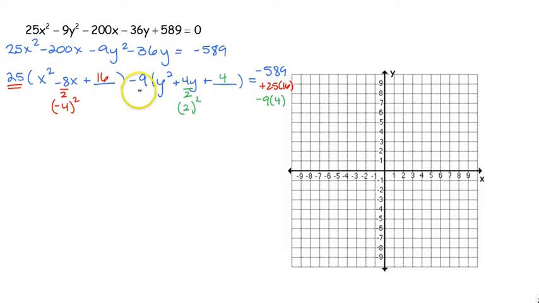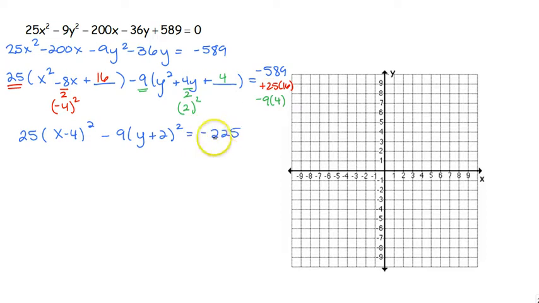So just don't forget that you're multiplying by the number that you pulled out as well. We have that 25 still on the outside. When we factor that, that becomes (x minus 4) quantity squared minus 9 (y plus 2) quantity squared. When you add all those numbers up together, make sure that you're really careful when you're plugging your numbers into your calculator, when you're adding, when you're subtracting, whether you have positives or negatives, that gives you a negative